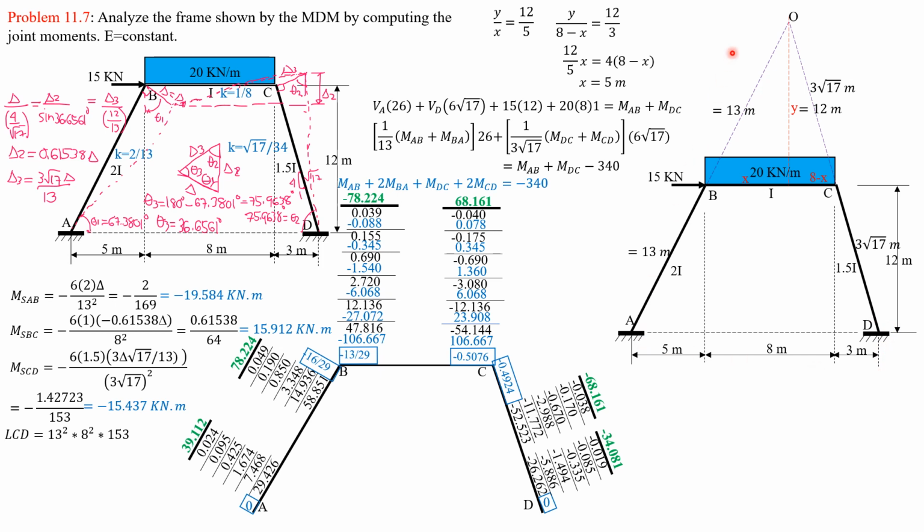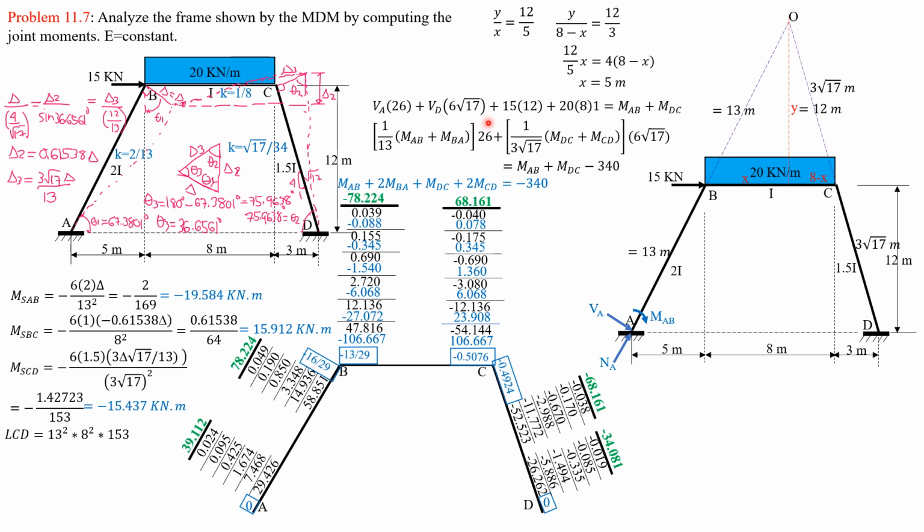So considering this free body diagram, summation of moments about O equals 0. Because we have found Y is 12, and this is 5, the distance BO is another 13 meters, since the square root of X squared, or 5 squared plus 12 squared, is 13. This is 3 meters and Y is 12, just like this 3. Y is 12. The length CD is 3 square root of 17, so we have another 3 square root of 17 meters for CO.